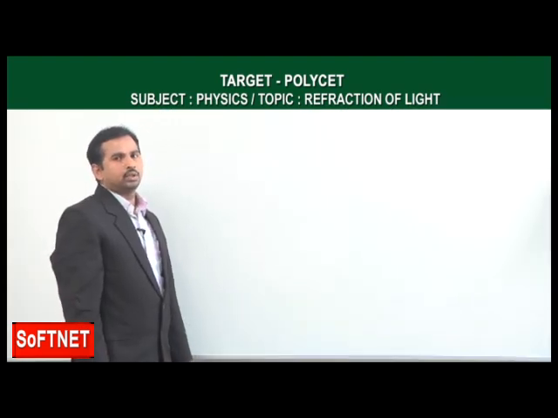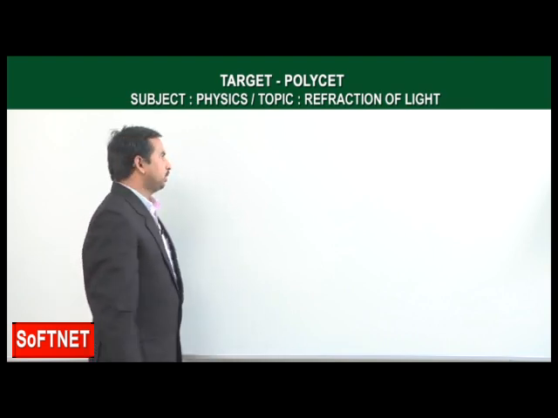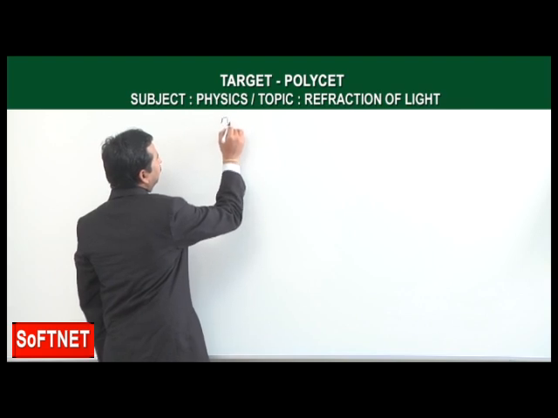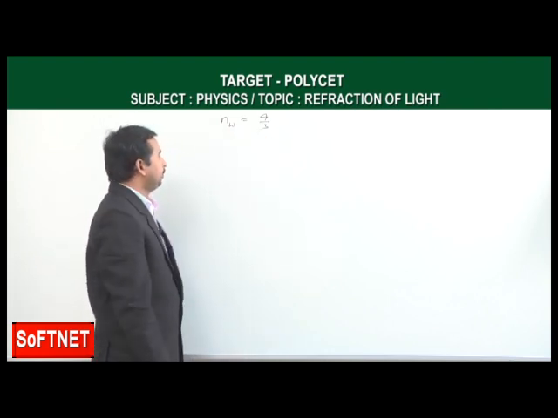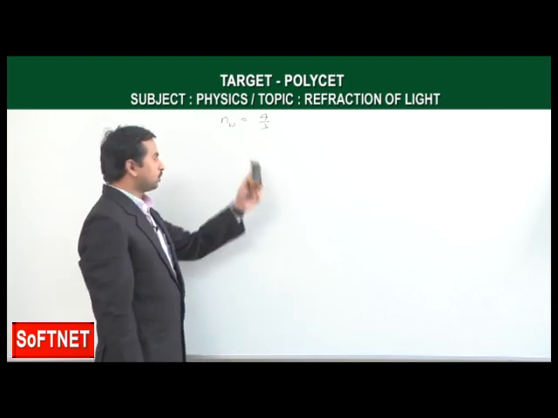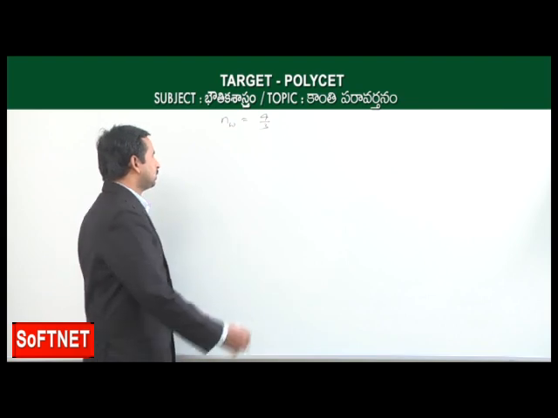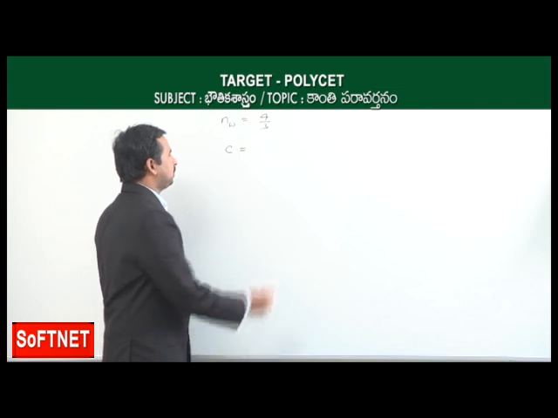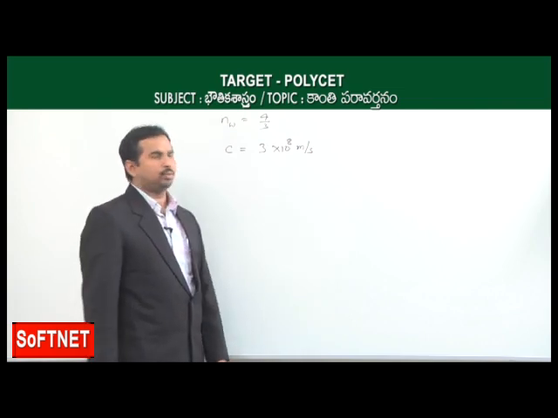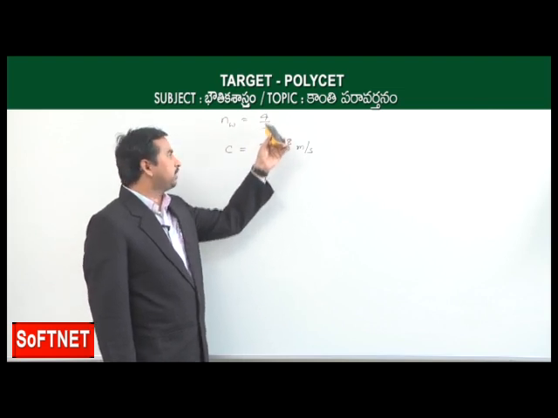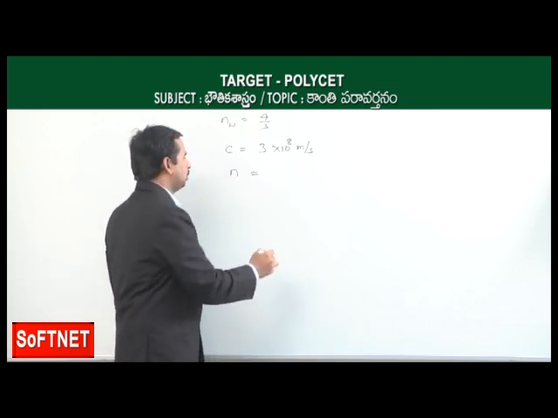Now we will see this relative or absolute refractive index with respect to velocity. We will see one example here. Suppose the refractive index of water is 4 by 3, n is equal to 4 by 3. Now we are finding the velocity of light inside that water. Let us assume that air is like vacuum, so the speed of light in vacuum, we already know, c is equal to 3 into 10 power 8 meter per second. Now this light ray is coming from air and entering the water, which has a refractive index of 4 by 3, and we know the formula: the refractive index is equal to